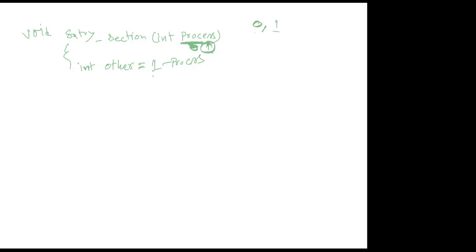Then it will check this interested array. We can say this is a global variable or global array, interested 0 or interested 1, indexed by the process parameter. And the other one is the turn variable. Turn will be set to the process, and then it will check this while